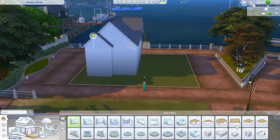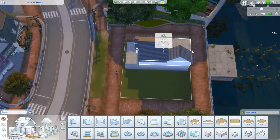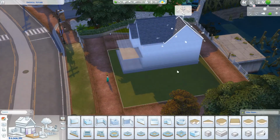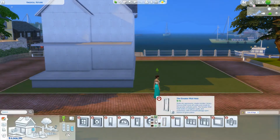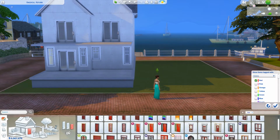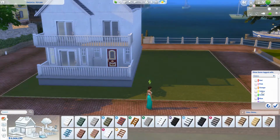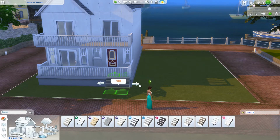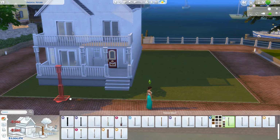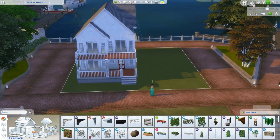Today I have a cute and cozy shore house for you guys. It is located in Brindleton Bay in the Whiskerman's Wharf area, which is the location of a home called Ragdoll Refurb, a vacant house that I have demolished in order to build this one. This area is known for having lots of cats. It is a favorite hangout for all the cats of Brindleton Bay,